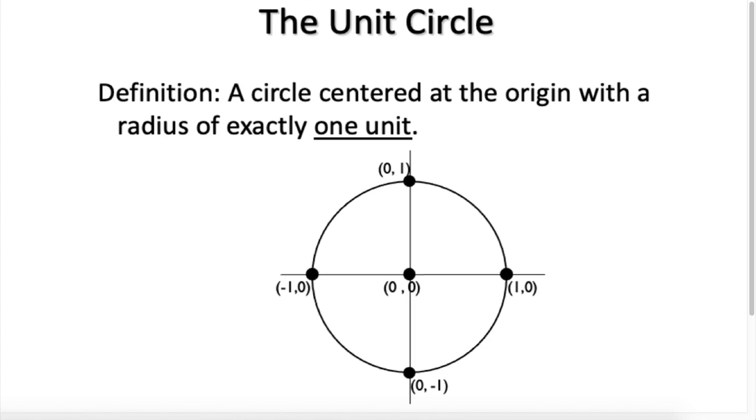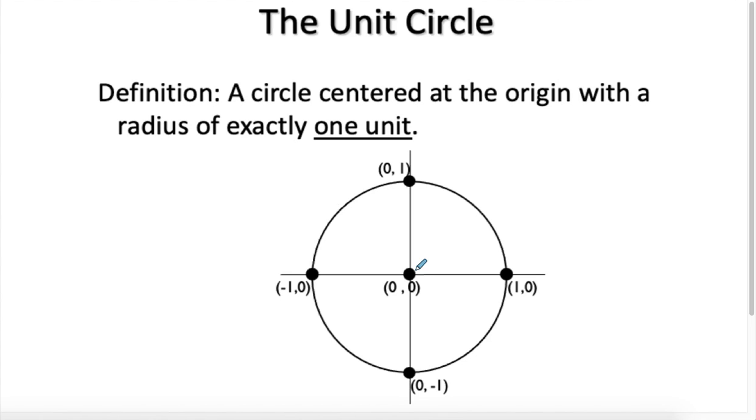Right off the bat, we know a few specific points on that circle. If we have a radius of 1, the point (1, 0), the point (0, 1), the point (-1, 0), and the point (0, -1) will all be on that circle. So we want to start connecting angle measures with points on the circle. If we think about the angle measures for those points,